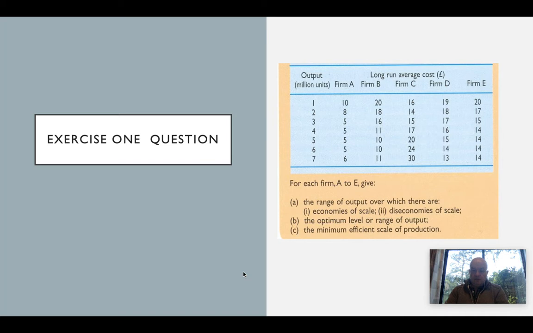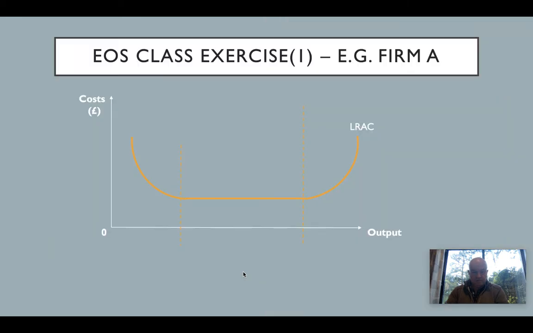So welcome back, and in this case we'll take a look at how this all works out. Okay, so in this instance, remember the principle is that we're trying to find the point at which economies of scale are being achieved, diseconomies of scale start to happen, what our optimum output might be, and also our minimum